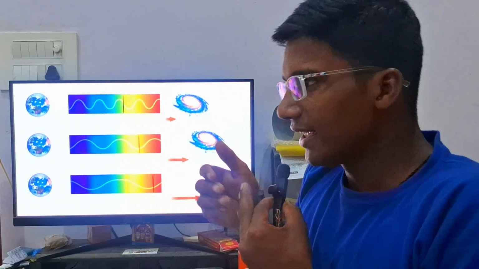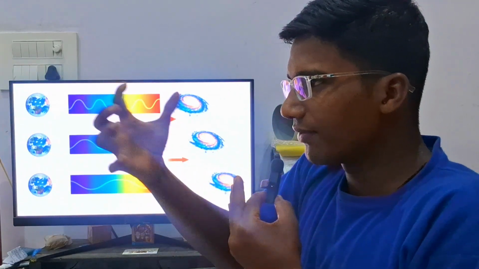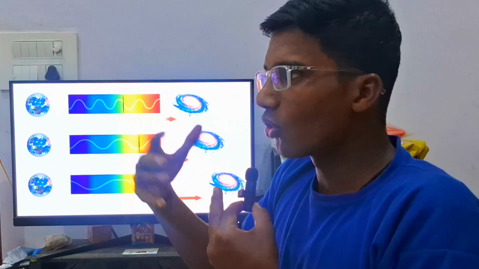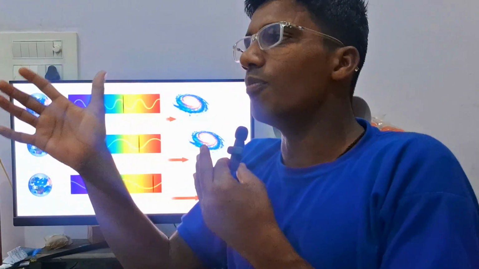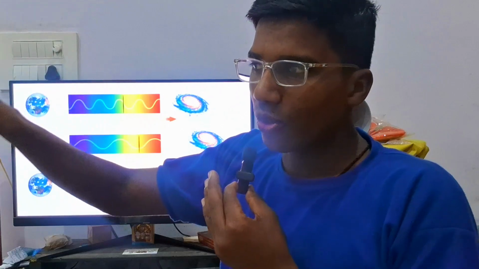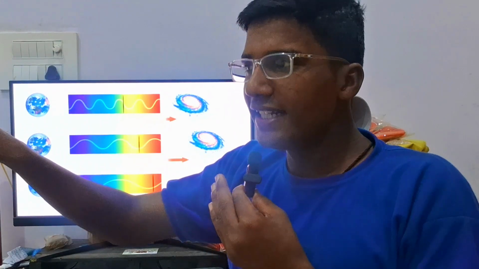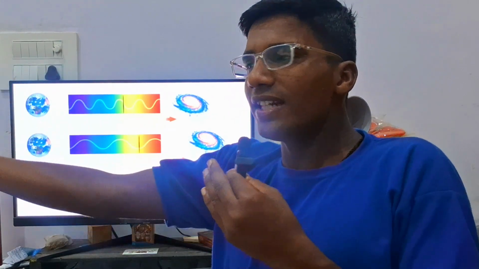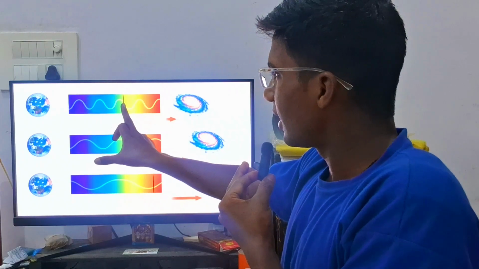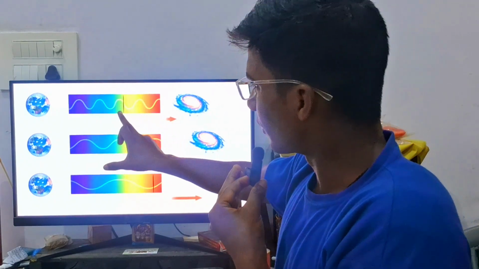Okay, let's see, the wall is emitting some kind of wavelength to me. I see a white ball, but it is millions of light years away from us. I see this white ball in a different color because the wavelengths are stretching from this area to this area. This is called the redshift.